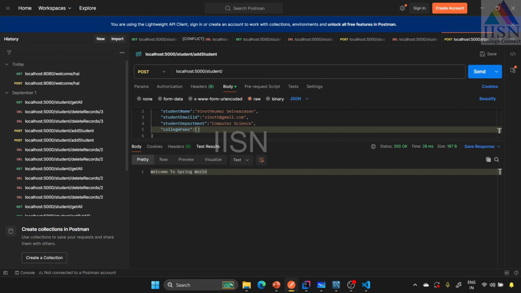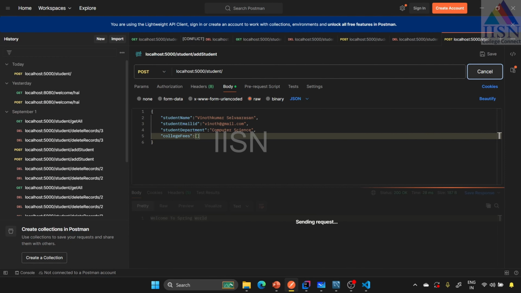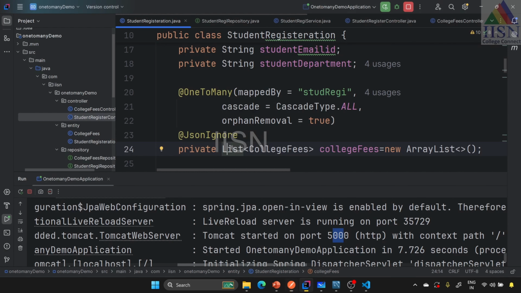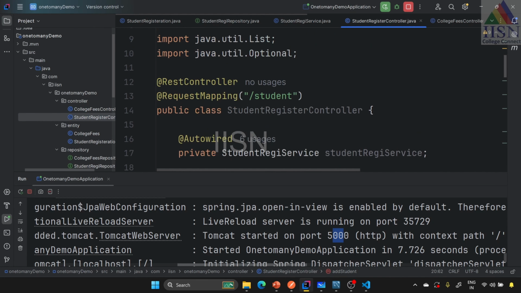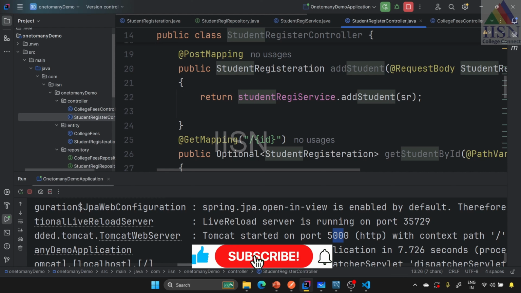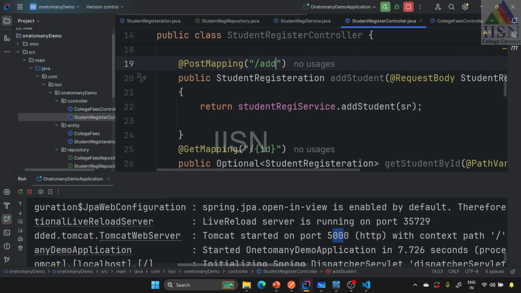Okay, empty array set. Why are we passing the empty array set? Here we are going to pass a list, so I'm just going to pass the empty array list, and perform the insert operation. No static resources, student. So here the endpoint is student, but for the post mapping, I just give an endpoint, slash add. Okay, so I just stop it and save this code,